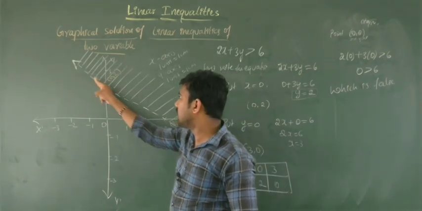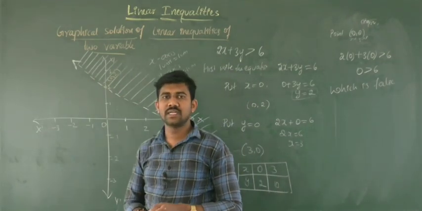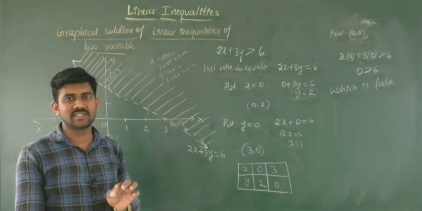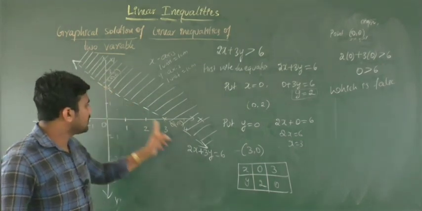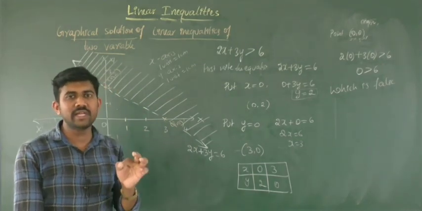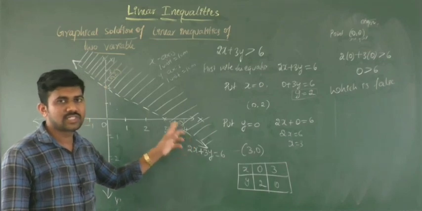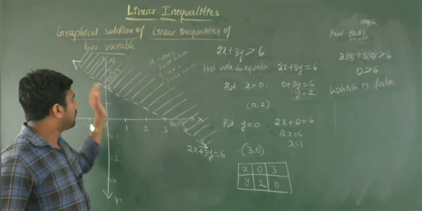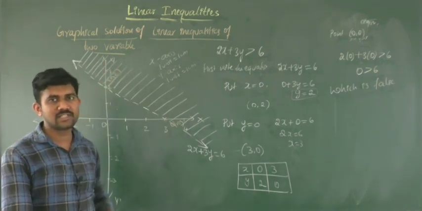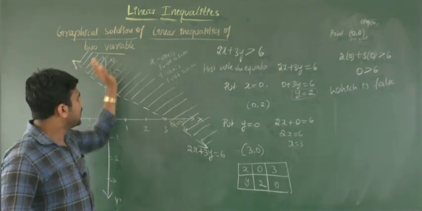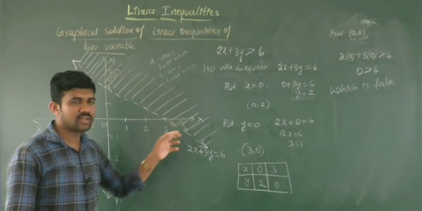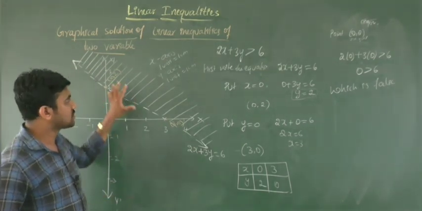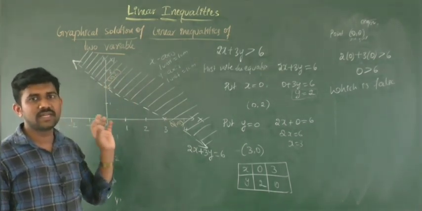Also, a dotted line here means the solution does not lie on this line either. If we draw a thick line, then we can clearly say the solution region contains the upper half plane including the points on the line. Here, only the upper half plane is included in the solution region, not the points on the line. Understand? Like this we can find the solution region of a given inequality.